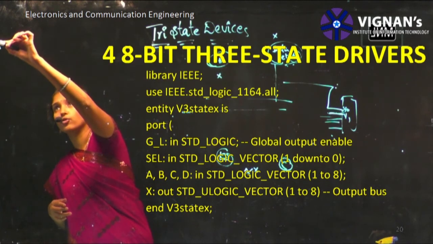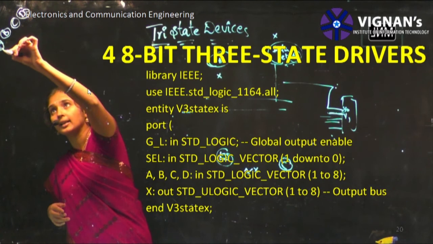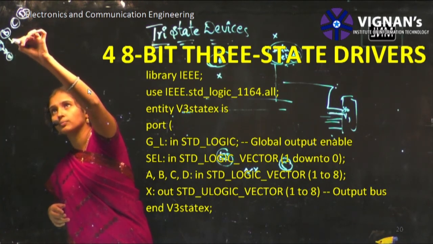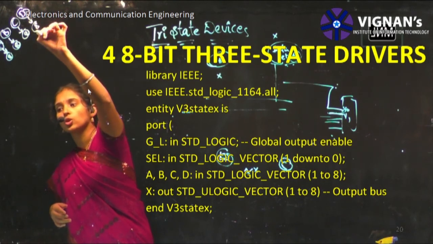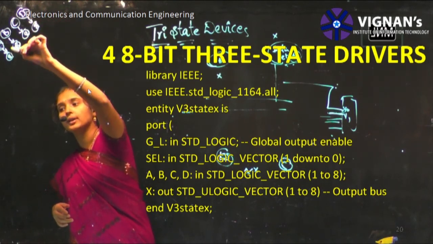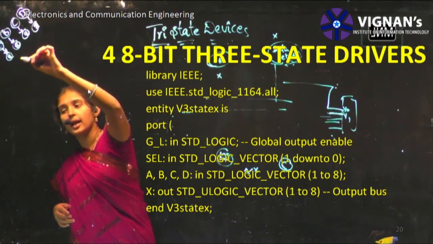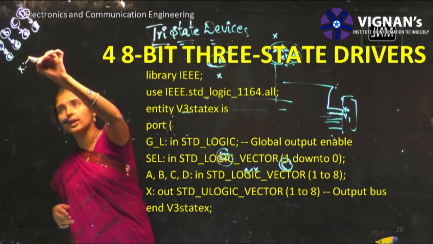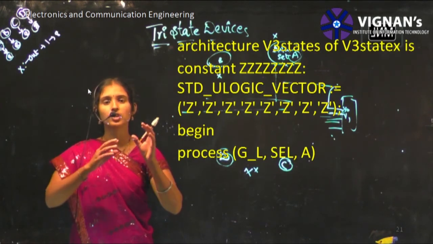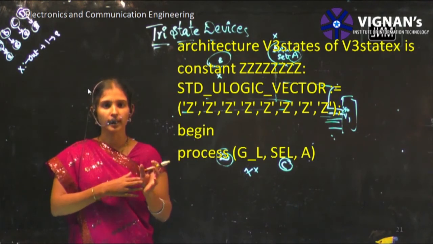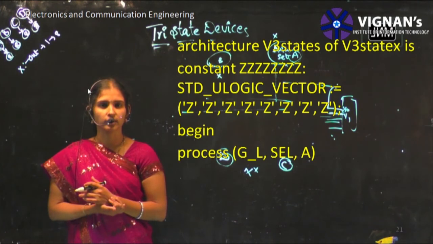See, one data set A, B, C, D: 4 data sets, each of 8-bit length. That's why A, B, C, D are taken, each of 8-bit length, providing X as your output on the data line. That is nothing but one constant Z. That means if you give any value other than your inputs, it will obviously be assigned to your Z state, the high Z state.